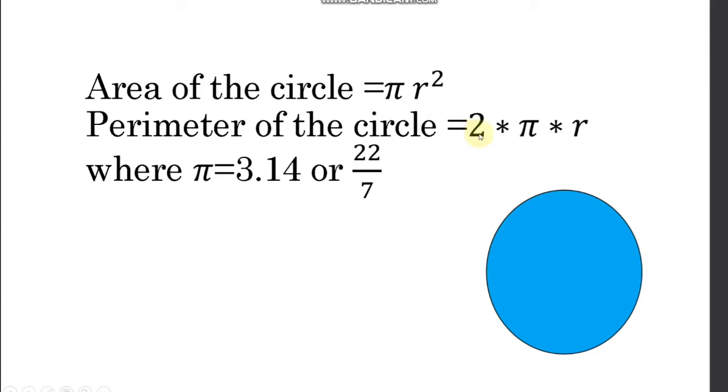So perimeter is also defined as 2 pi into r. In place of 2r we can write d also. D is the diameter of the circle. So here pi into d, pi into diameter, will also be the circumference of the circle, where pi you can take as 3.14 or 22 upon 7. If r is a multiple of 7, then take 22 upon 7, else you can take it as 3.14. It depends on the question, you will come to know.